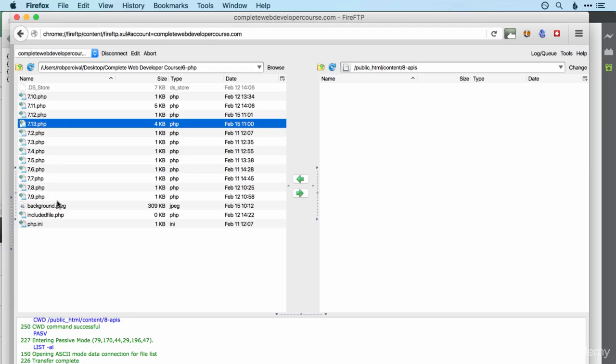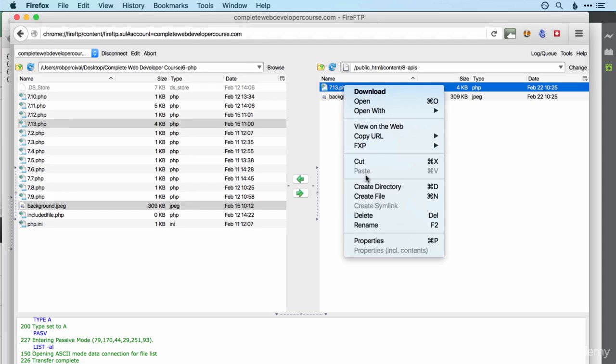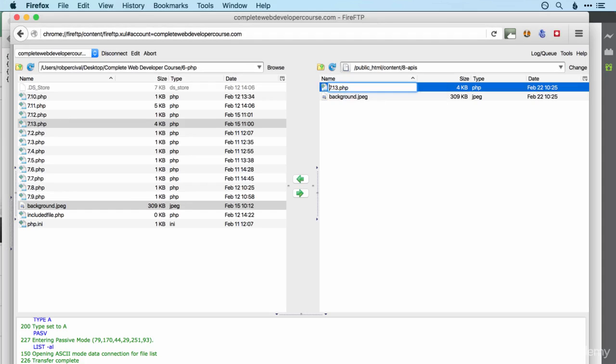That was the What's the Weather app, and I'm going to grab the background image as well, so it still looks nice. You can get those either from your own version of the What's the Weather app, or just go back to the lecture and click on the link to download the code. Now I'm just going to rename that index.php,